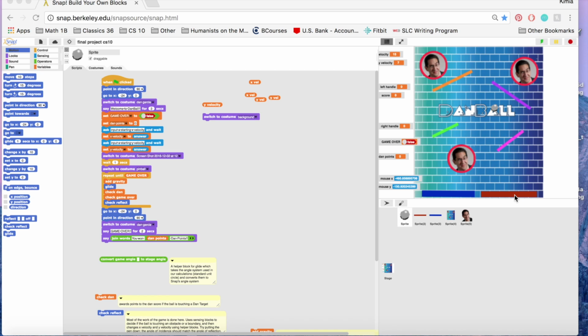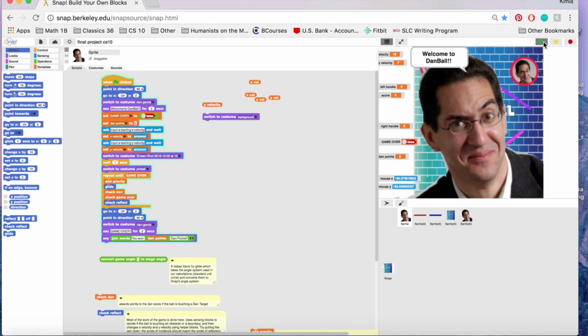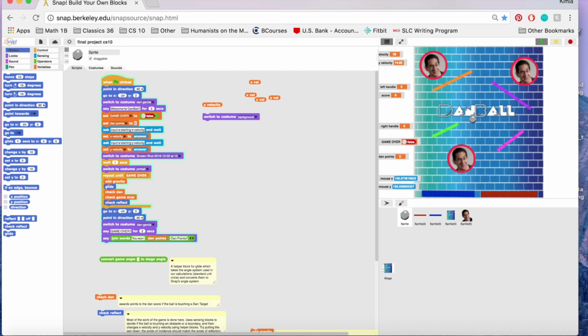So first off, we recommend that you play this game in turbo mode just so the ball moves a bit faster. So let's click the turbo mode, and Dan will prompt you and ask you to put in an X velocity and a Y velocity, and we recommend going between the ranges of 15 and 25. So then the ball starts moving,